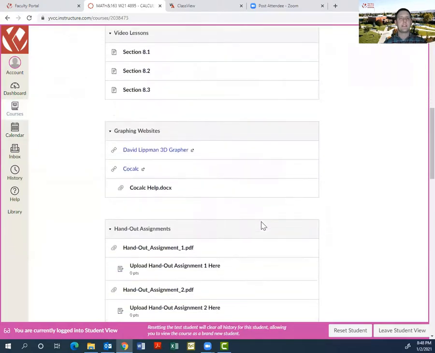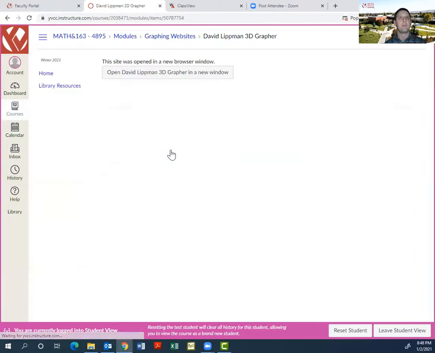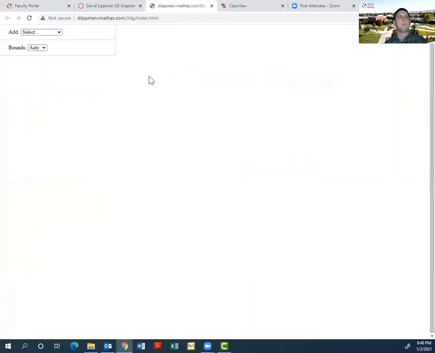All right, so the last thing is we will in this class start looking at 3D graphs. To help you visualize what we're doing in 3 dimensions, there's a couple of programs that we'll make use of. The user-friendly one is the David Lippman 3D Grapher. I'll just go ahead and show this to you.